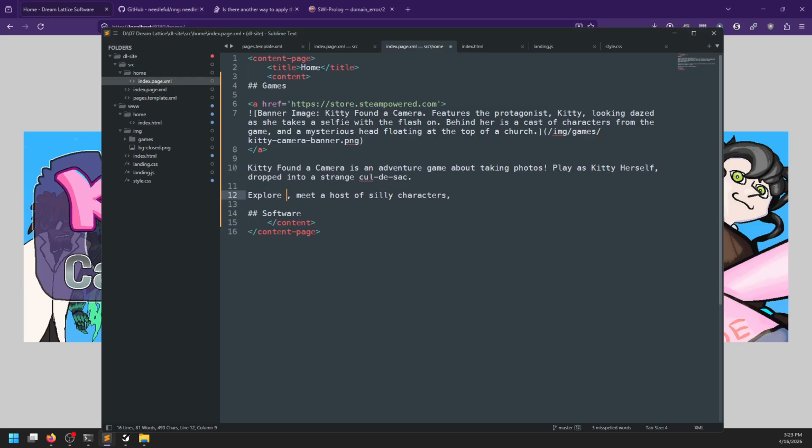Meet a host of silly characters. Let's say a cast. And take some nice photos. Coming to Steam and itch.io. And we can then have